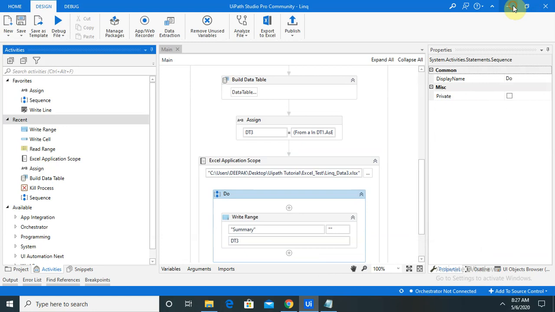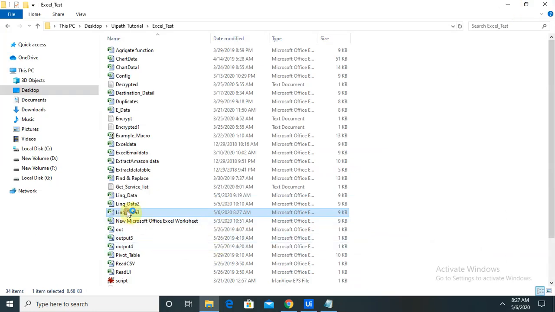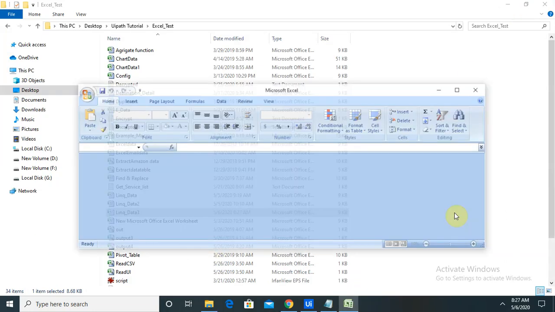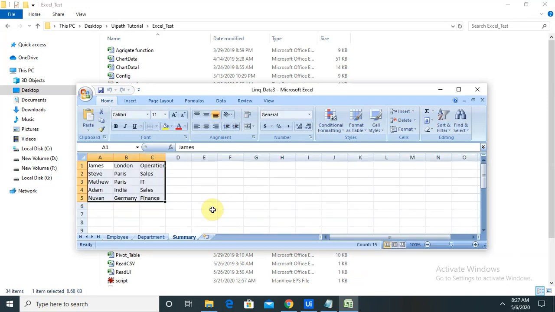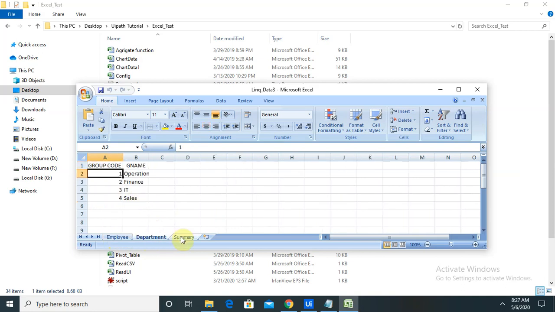Now execution is completed. Let me open this Excel and see the result. Now you can see, according to our code, it is reflected in this summary section.